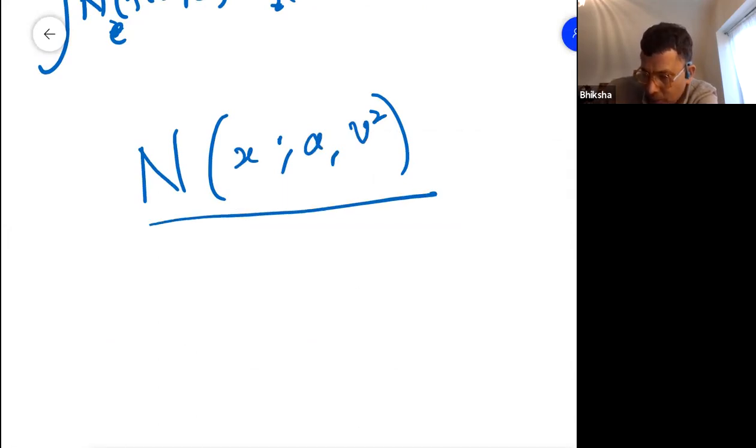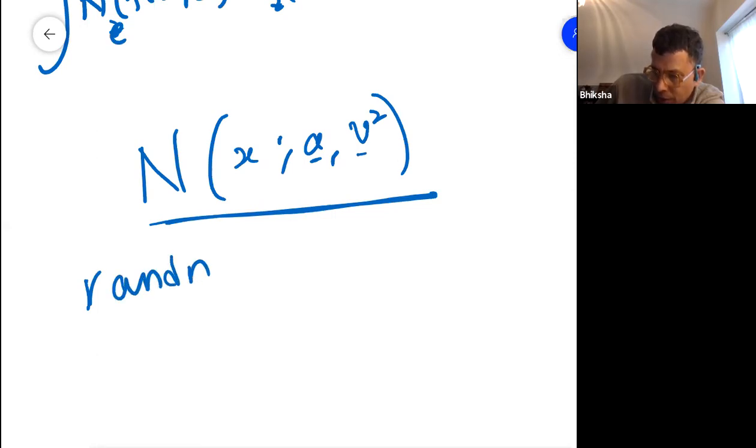The process for generating samples from a Gaussian of this kind is a standard technique. Does anybody know how you draw samples from a Gaussian with mean A and variance V squared?